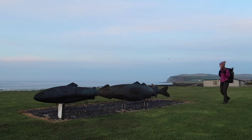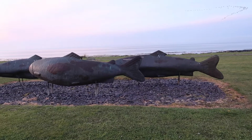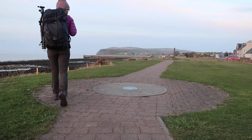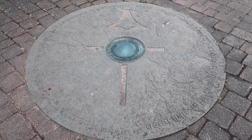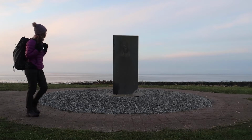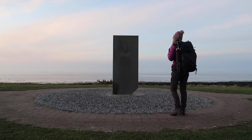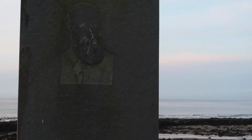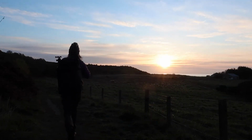These include some giant salmon to symbolise the village's fishing heritage, a compass to symbolise the global travels made by the locals, and a memorial to John Ross, who was brought up here and became well known in China and Korea for his religious teachings. I then headed a few miles up the road to one of the area's many standing stones